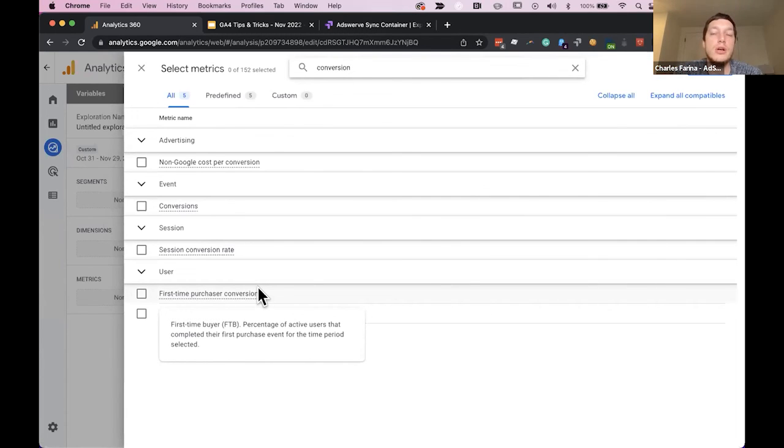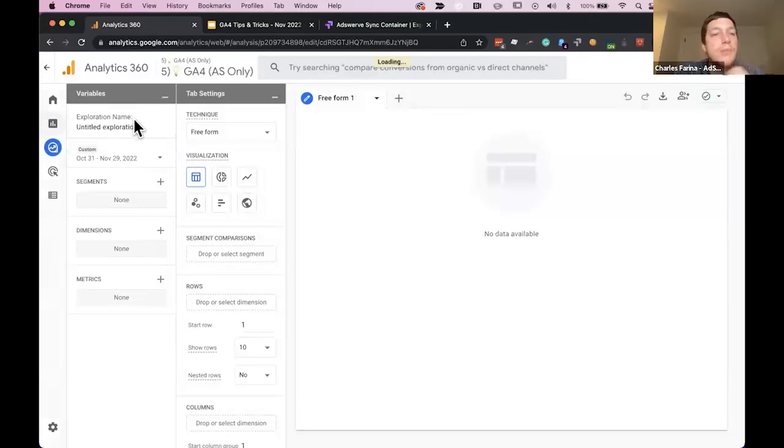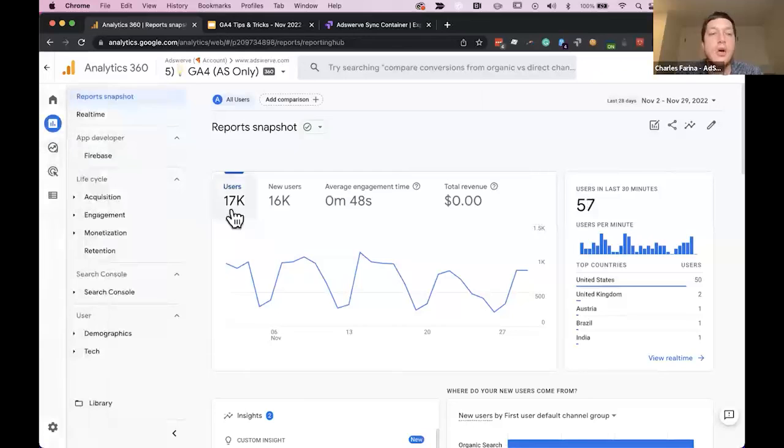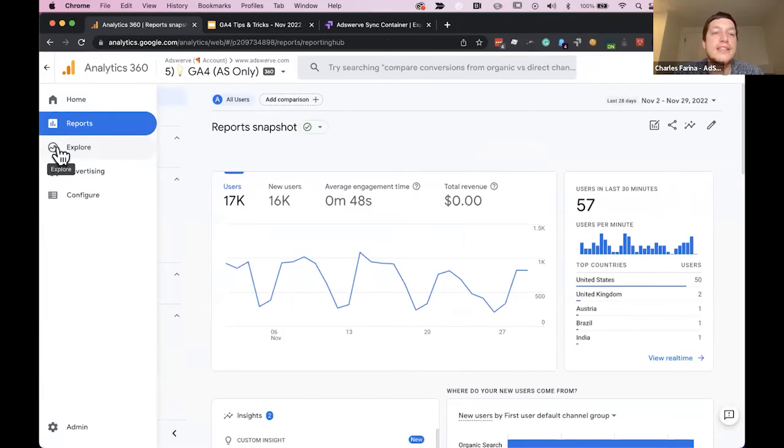And even more so, Data Studio uses the data from the standard reports, not from the explorations. So this is a whole other topic we could probably spend 30 minutes on, where it's also really important to start building comfort around where is the best place to report or pull data from each individual source.